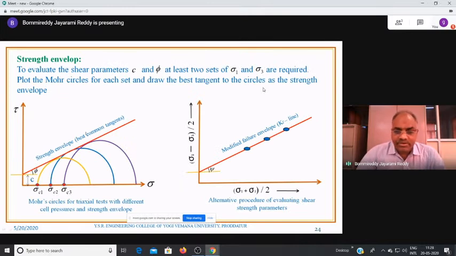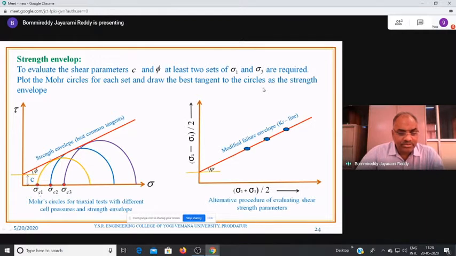And sometimes, in the case of the triaxial test, we can conduct several experiments. What we do is apply a cell pressure of sigma C1, and the sample is going to fail at this stress. It is going to fail at this major principal stress. So it is the cell pressure sigma C1, and the corresponding major principal stress is the failure stress.